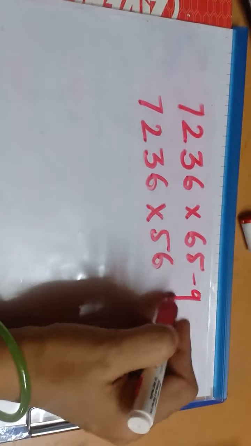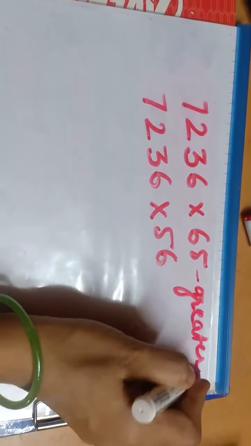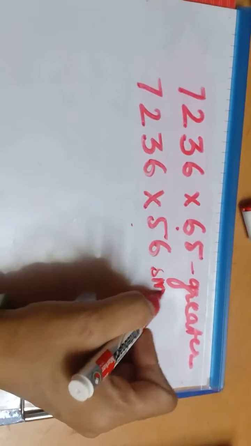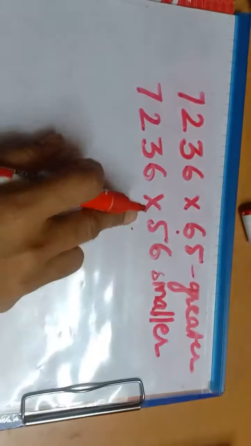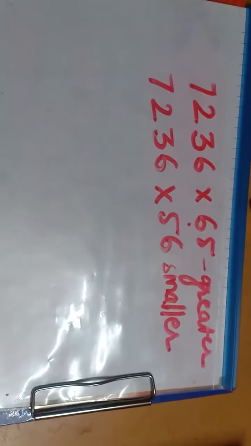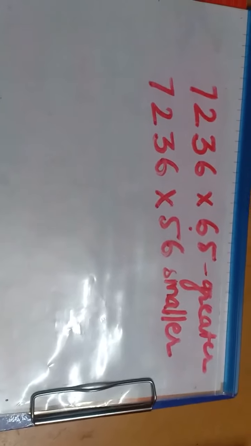Now obviously the correct answer would have been the greater one, because here we are multiplying by 65 and the answer which the child has got has to be the smaller one. Yes, because here we are multiplying by 56, that is a smaller number. So now the question is that by how much his answer